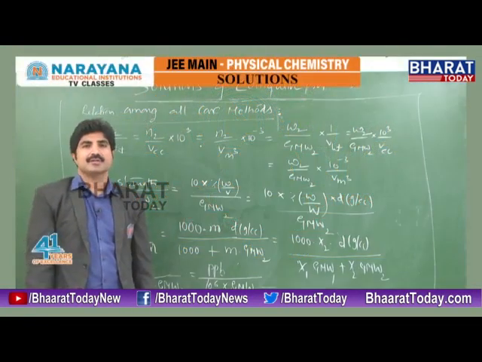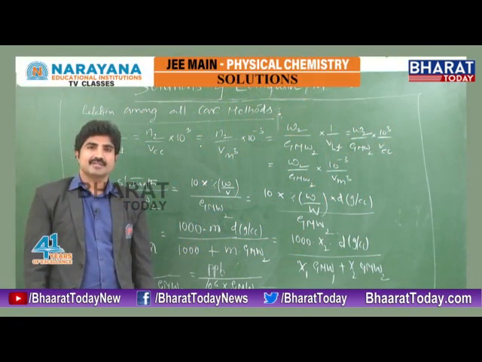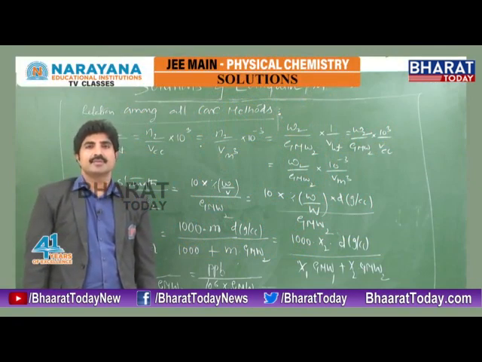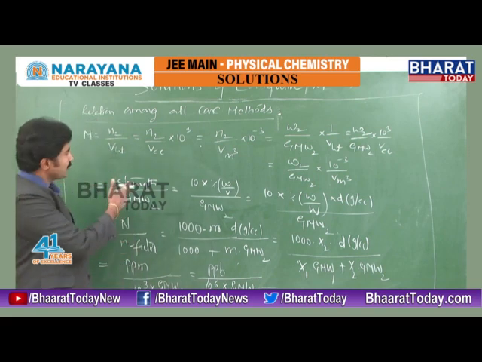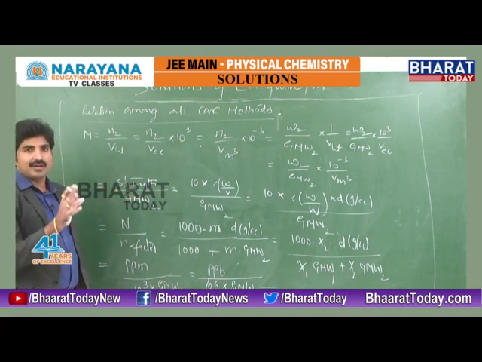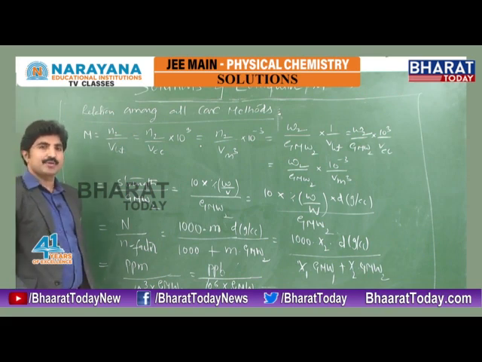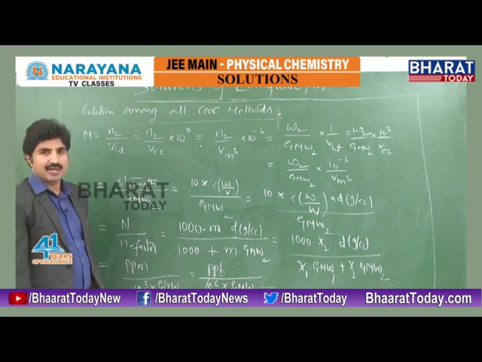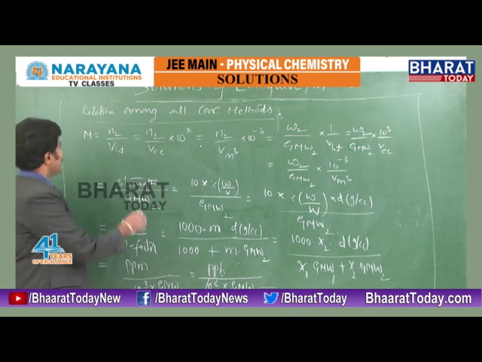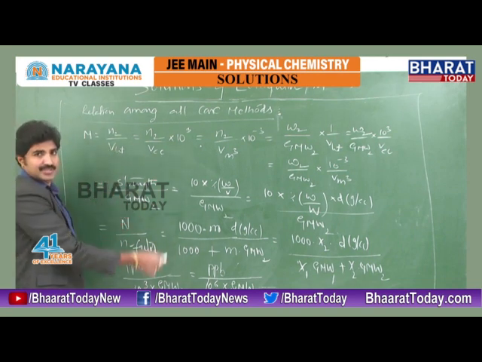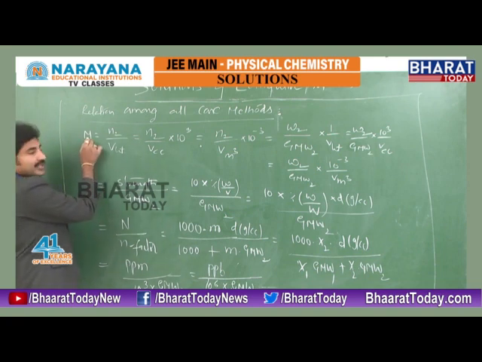Okay, in the last session we discussed various concentration methods in solution and colligative properties. Here I am going to explain all the concentration interrelations. Especially we use a molarity chain equation and a normality chain equation in most cases. What about all the concentration methods' relation in terms of molarity?